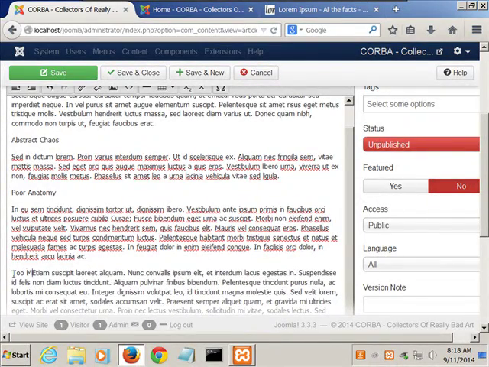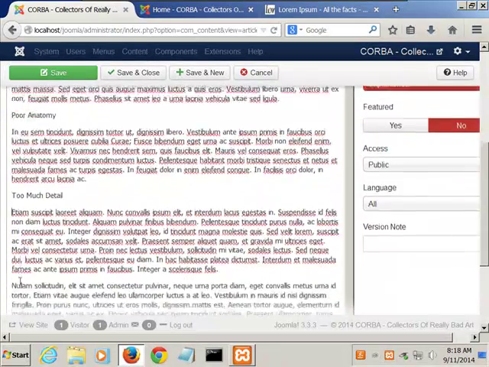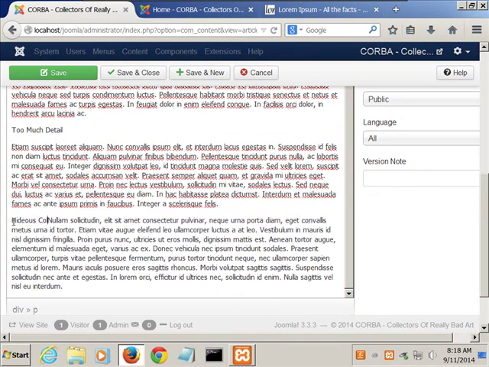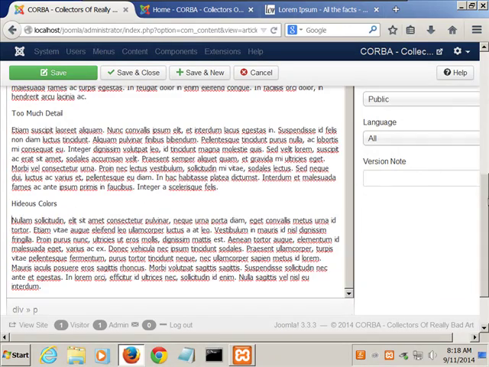Too much detail, and hit enter. And then finally, hideous colors, and hit enter. Now, are you all aware of the fact that as you work your way down here, and you're going to see this,